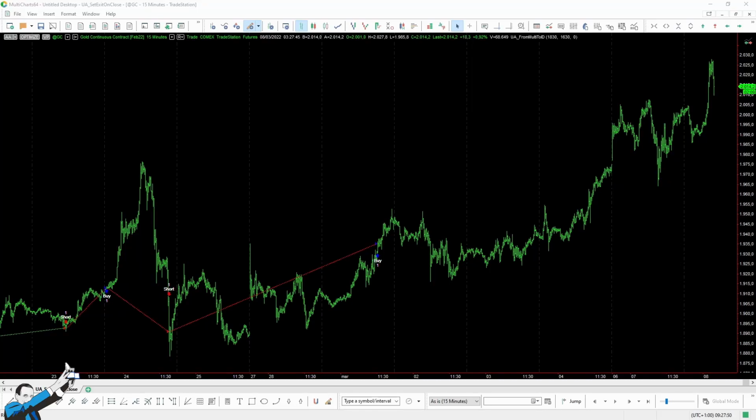One of the coaches at Unga Academy here, and today we're going to be talking about the keyword set exit on close. It's used a lot to test intraday strategies. Now, since so many people ask us how to use the keyword set exit on close in live trading, today we're going to be reviewing the use of this reserved word that will be very useful when developing a strategy that closes all trades at the end of the day.